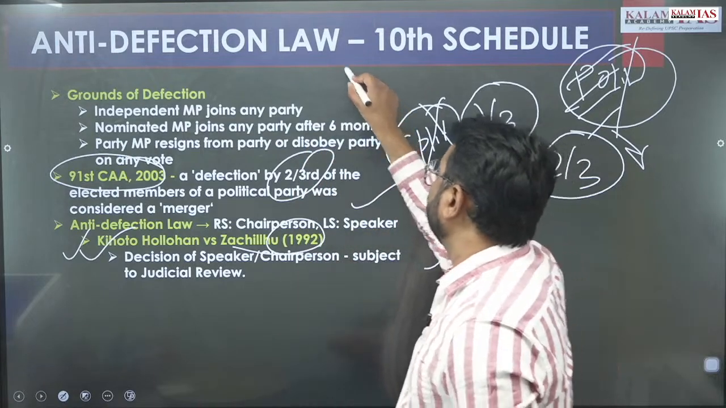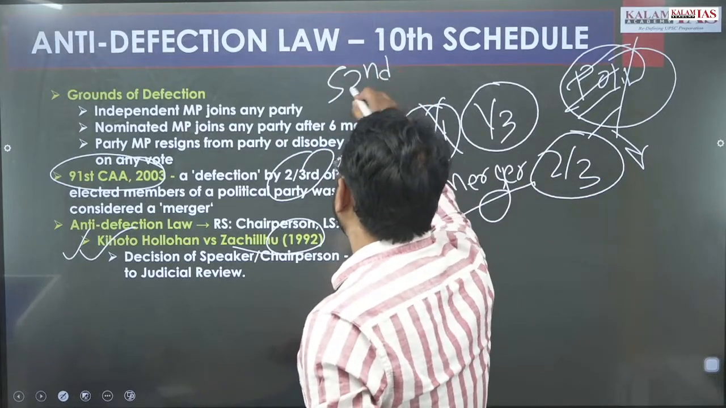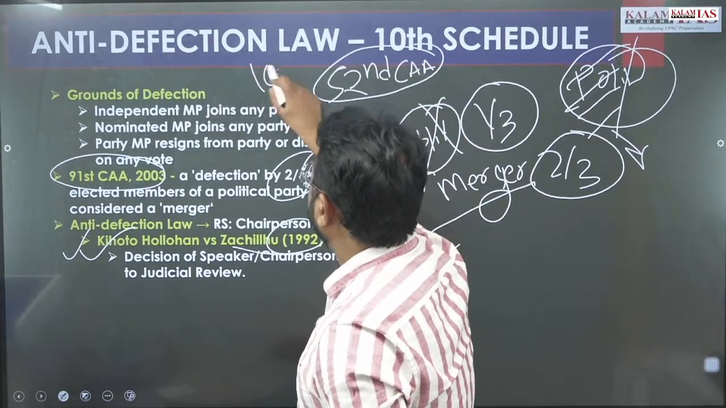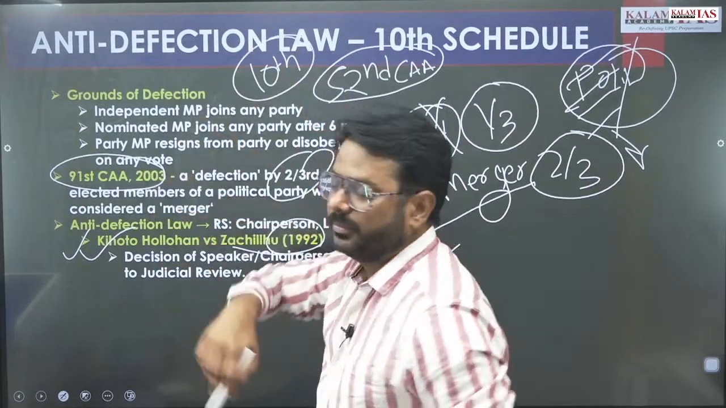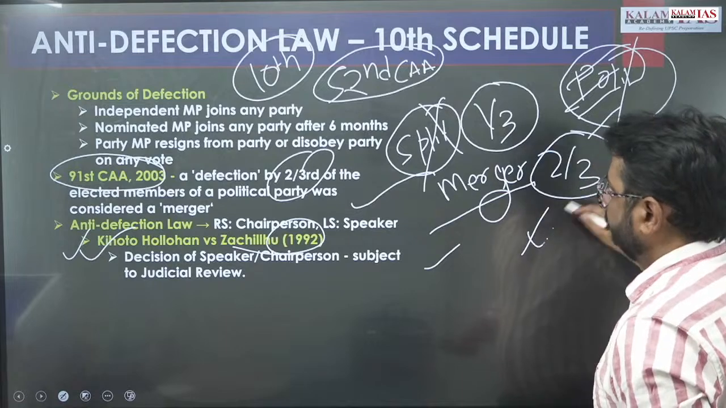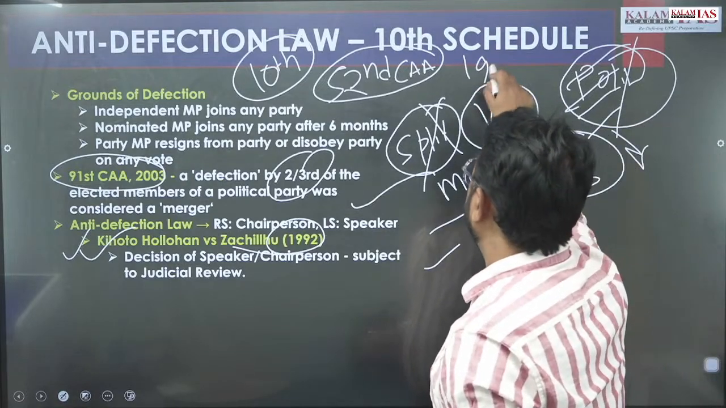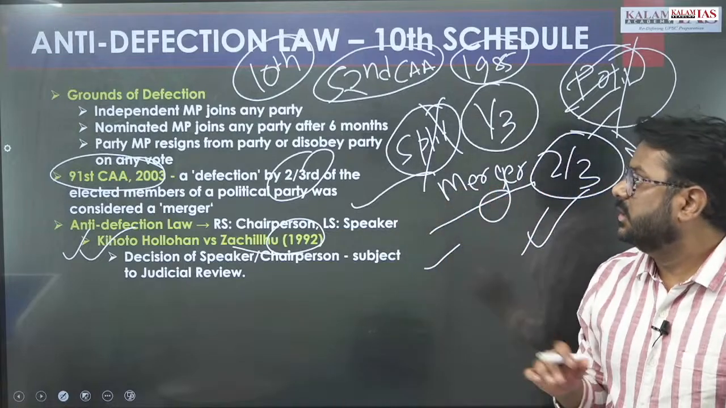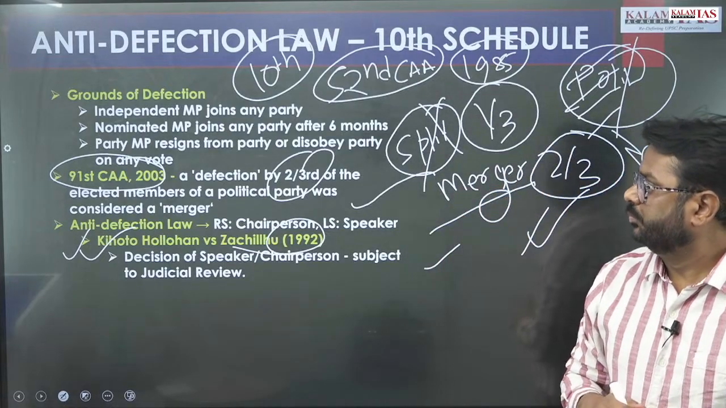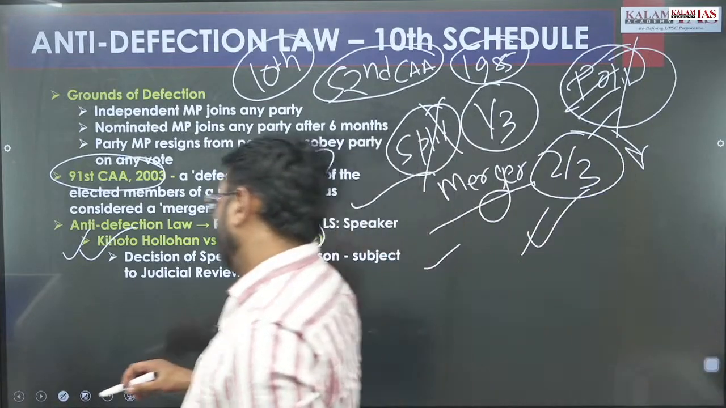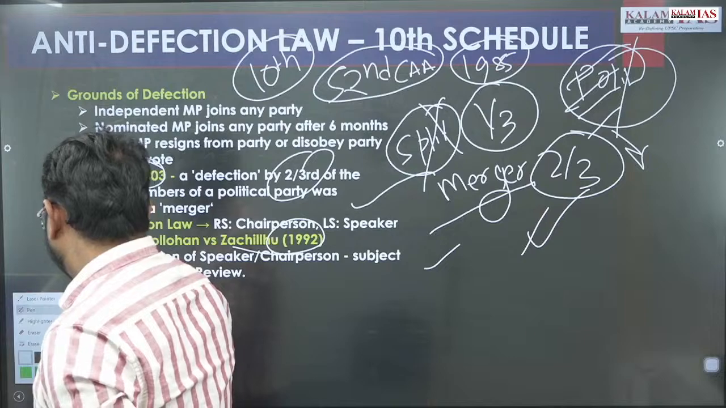The anti-defection law came through the 52nd Constitutional Amendment Act, and it brought the 10th Schedule of the Constitution of India in 1985. Hope this is clear to you. One thing also I would like to clear here,